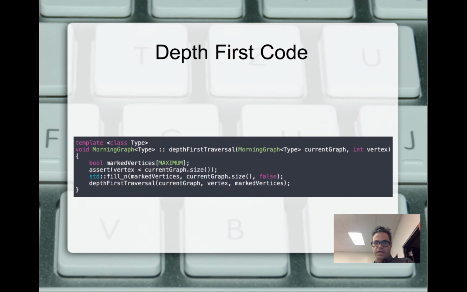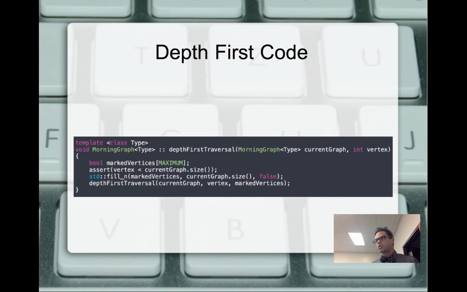And then we call assert, making sure that the vertex we're doing is actually less than the size. We don't want to try and do vertex of 5 billion when there's only 40 things in the list, or 40 things in the graph, excuse me. We're then going to use a special method. Notice how I have the std scope resolution fill underscore n call right there. What that scope resolution fill_n does is it says, okay, we're going to fill this data structure that's in the first parameter, in this case marked vertices, for the number of options, in this case graph.size, and we're going to pass it the false value for every one of those spots of size worth inside the vertices